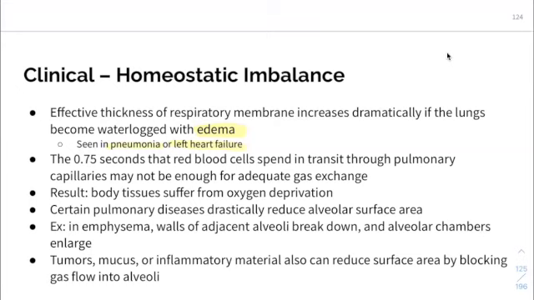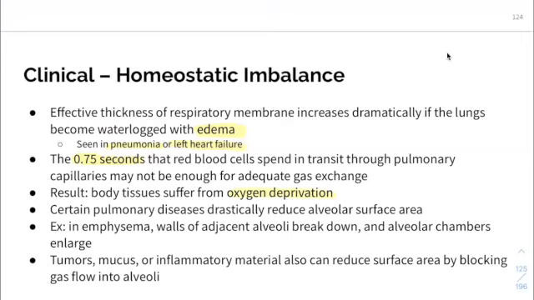As we said before, it takes about 3/4 of a second for that red blood cell to get through that capillary. But if there's fluid to go through, that oxygen is not going to transfer from the lung to that blood cell as easily. It's got to travel through a bunch of fluid. Carbon dioxide is not going to leave the blood as easily either. We're going to end up with oxygen deprivation